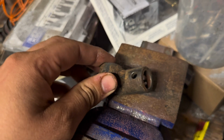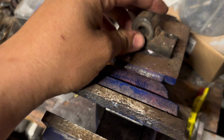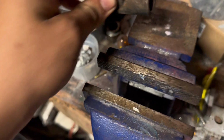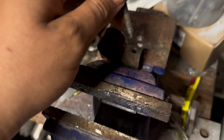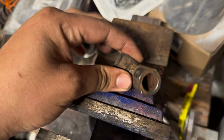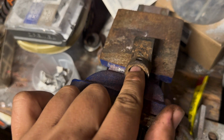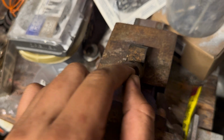So like I was saying about the pin, right? This is the old one for reference. What I was talking about with starting the pin, I put the piece inside the vise. Imagine this is the pin. I kind of set it in place, then took a dead blow hammer to it, so that I would start it on the inside and then get it flush with this inner diameter portion. See what I mean? Get it flush, don't have it stick out,